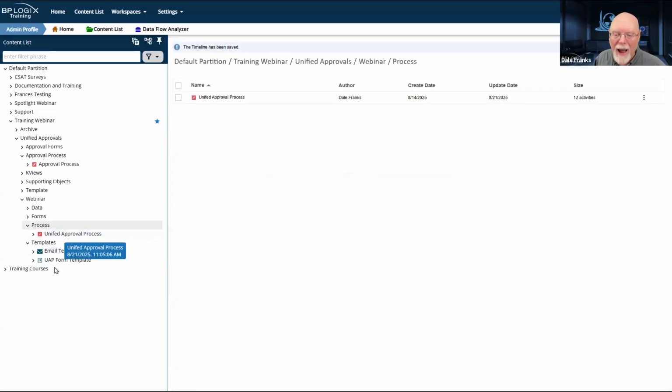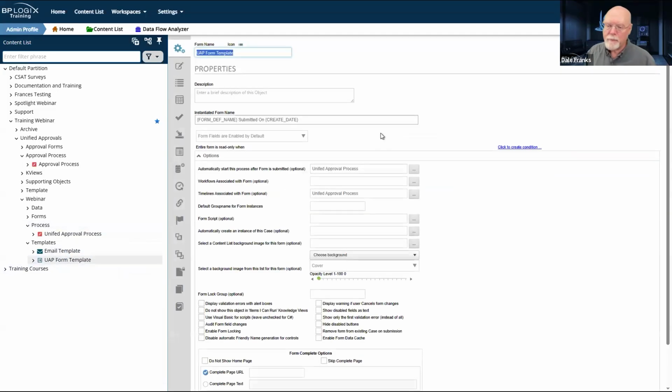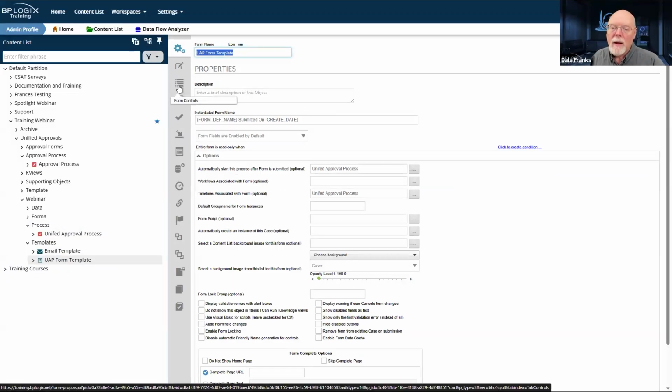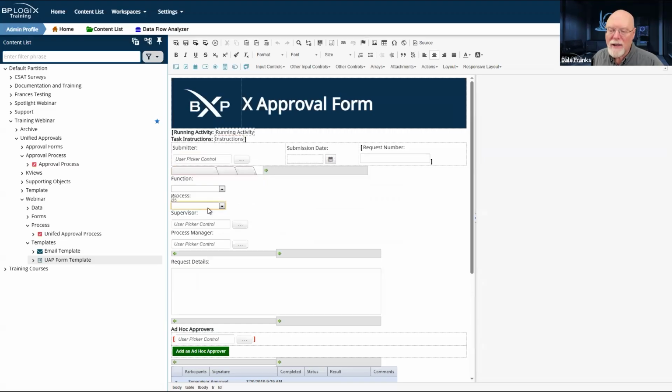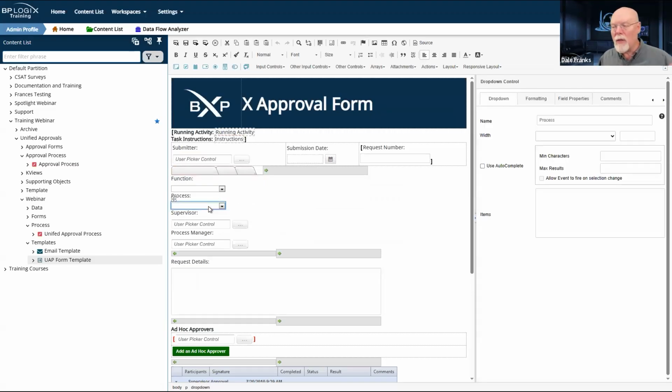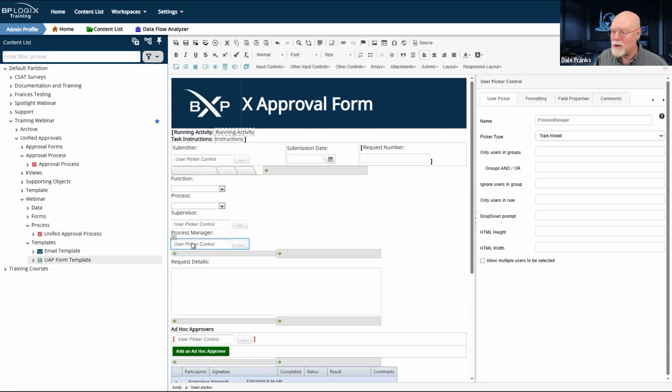We're going to have to go back to our form template. And we're going to have to use a business rule to set a value. So here's what I need to know. On my form, I need to know what the process is. And based on the process that I select, I need to fill out this process manager. To do that, I'm going to have to run a business rule to make that happen. And I'm going to have to do it via a set form data action.